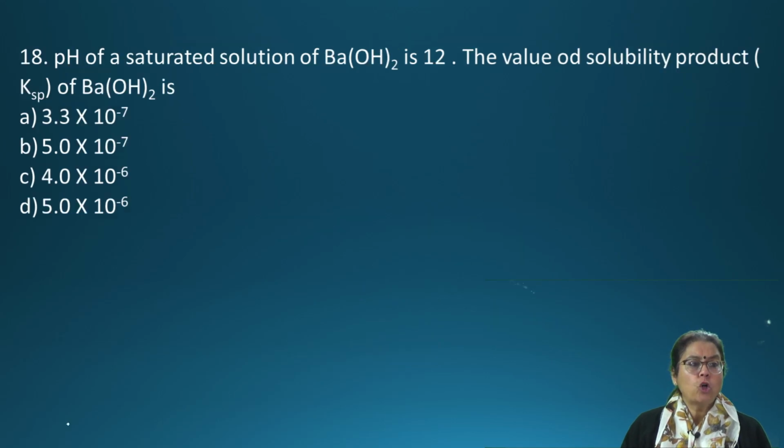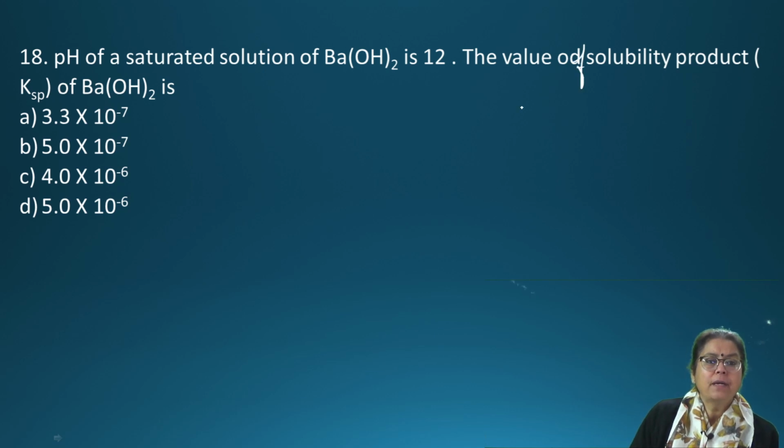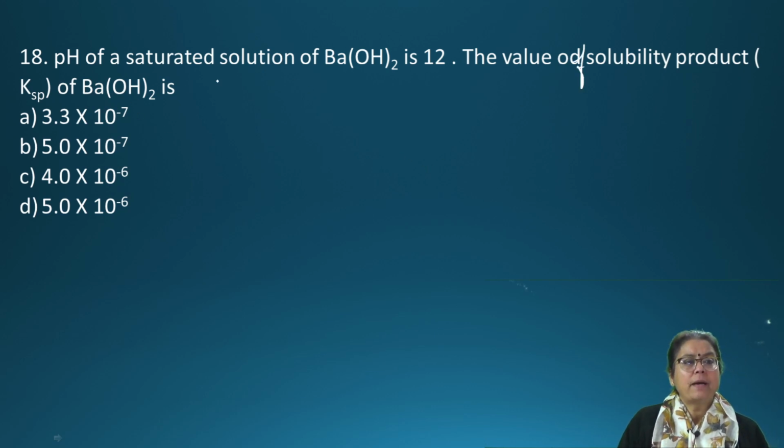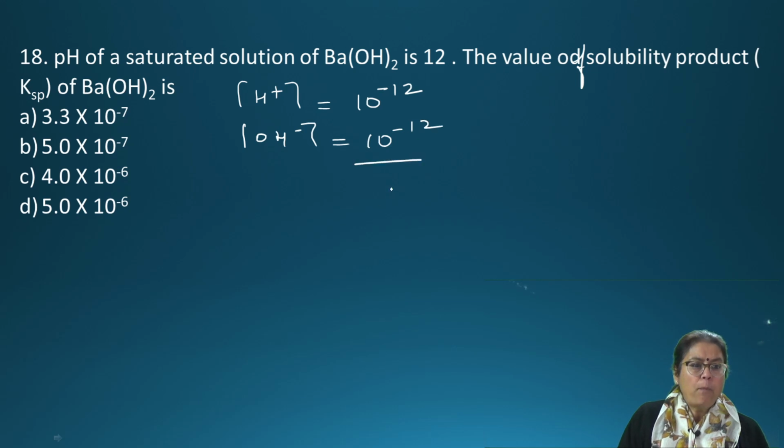ठीक है. Let's go on to question number 18. pH of a saturated solution of barium hydroxide is 12. The value of solubility product KSP of barium hydroxide. तो pH इन्होंने दे रखा है. ठीक है. So इसका मतलब concentration आपकी जो H positive की है that is equal to 10 raised to power -12. This is given to us. So concentration of OH negative क्या आ जाएगी 10 raised to power -12 upon